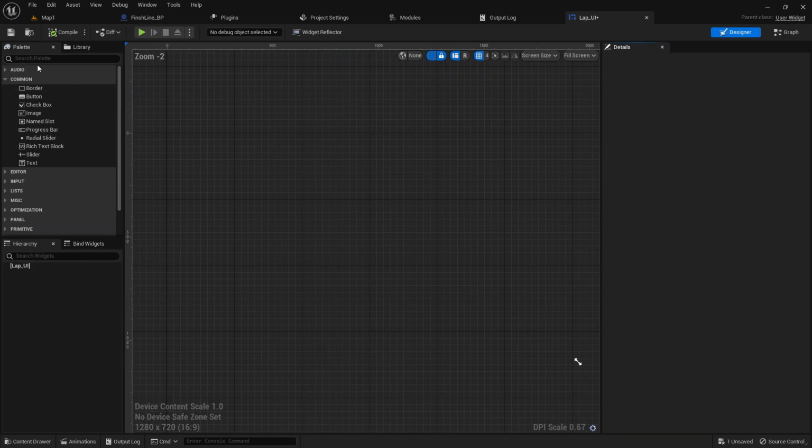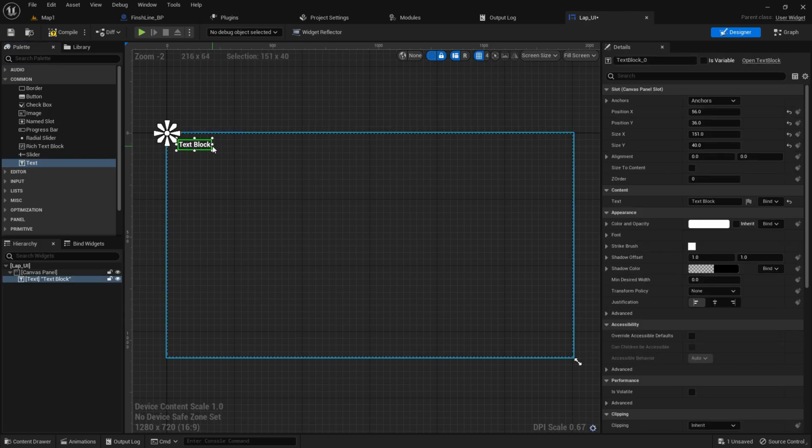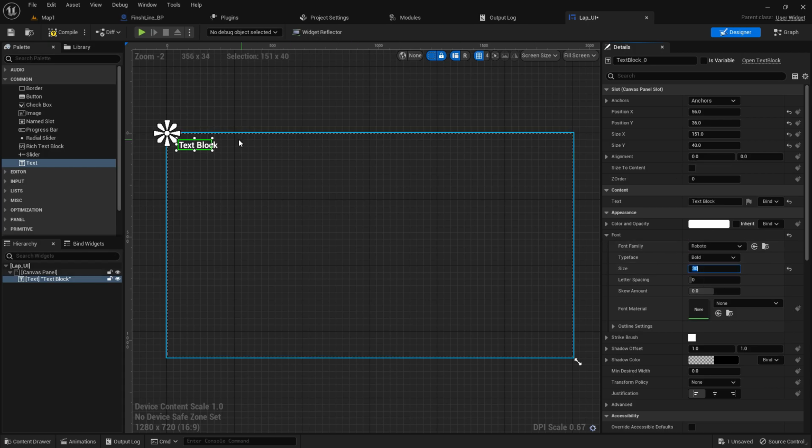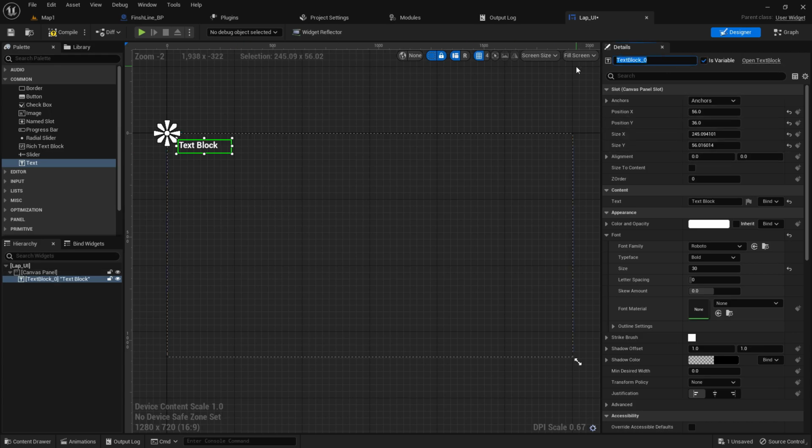So at the lab UI, we need to add a canvas panel, and inside that canvas panel, we'll be going to add a text. So this text will help us to show the value, what is basically going on, and basically the data. So I'm going to create a variable. Let's give it a lab